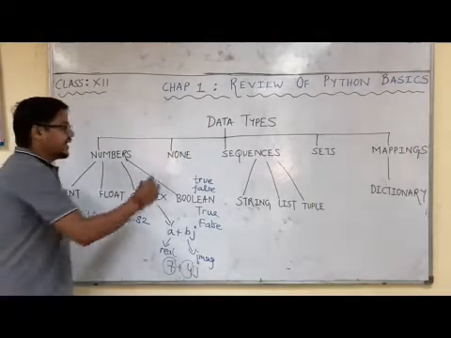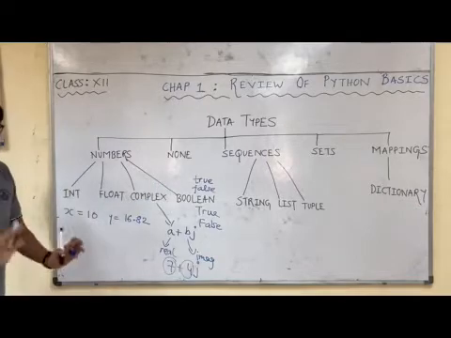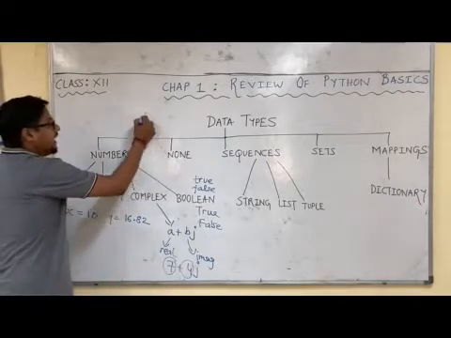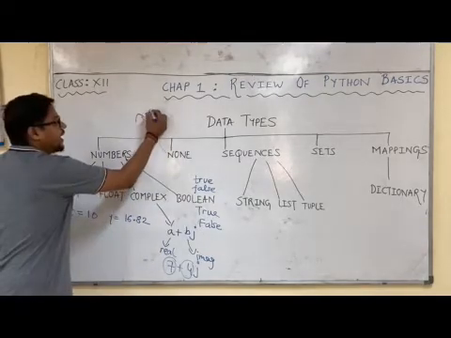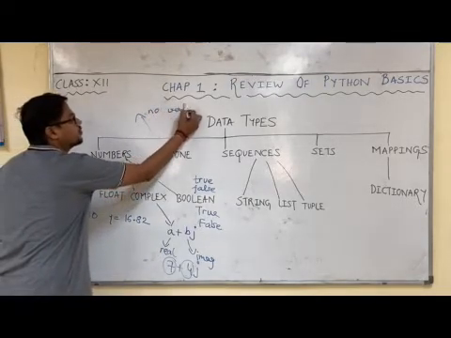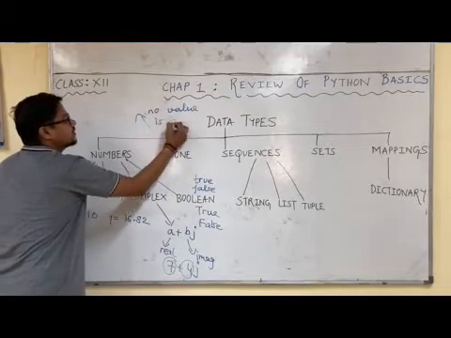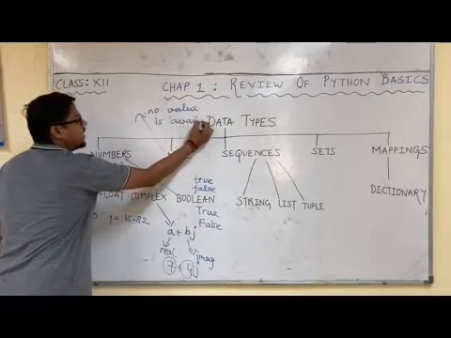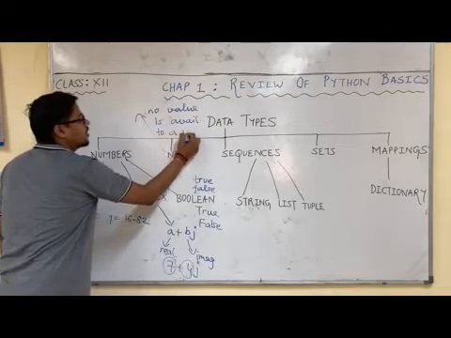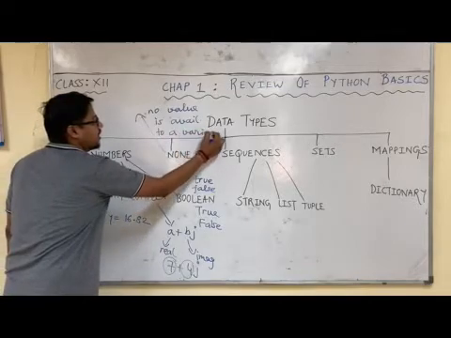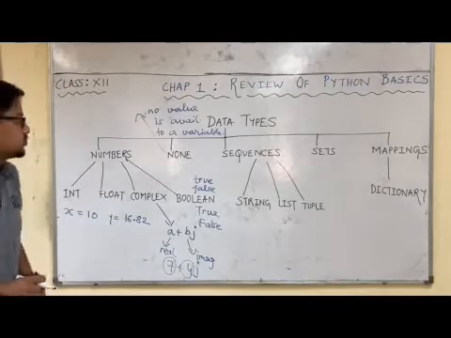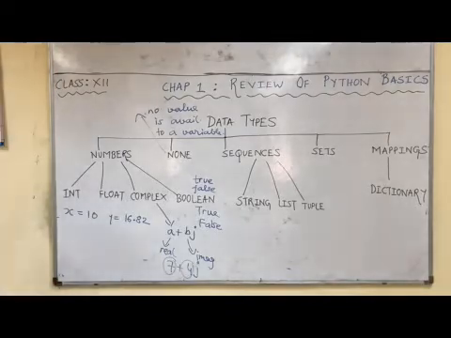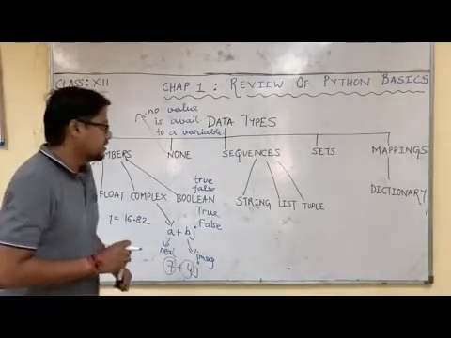We had one data type which we did not use that much, but at least we should know the meaning of that. That data type is None. We are using None data type when no value is available to a variable. Okay, the use of None data type is when we do not want to specify any value to a given variable. That time it is actually used.